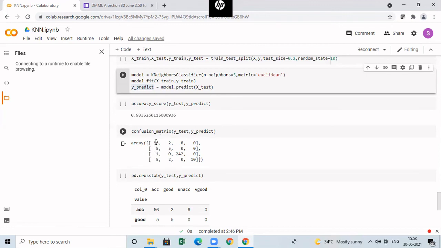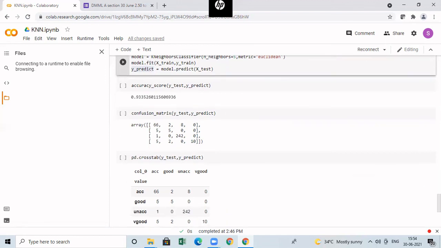Okay. And always the diagonal of the confusion matrix will give you true positives. That is nothing but correct predictions. Okay. So the diagonal is always going to give you correct predictions. You can use the diagonal for finding the accuracy, as well as you can calculate precision, recall, everything, right? And other than the diagonal, whatever elements we have, they are going to give you wrong classifications. Okay, because it is not a binary classifier, this is a multi-class classifier. So we can identify all this information from here.